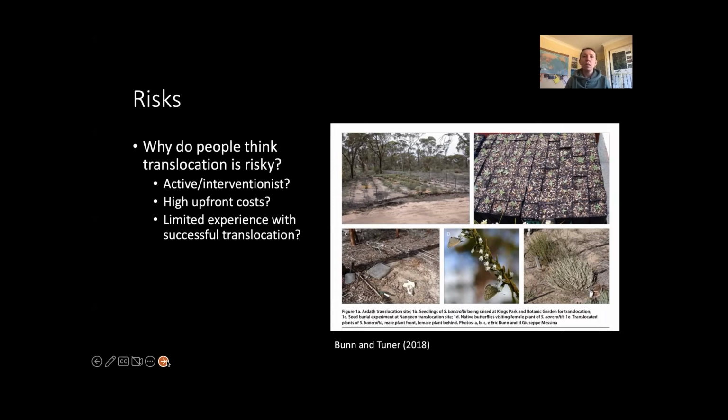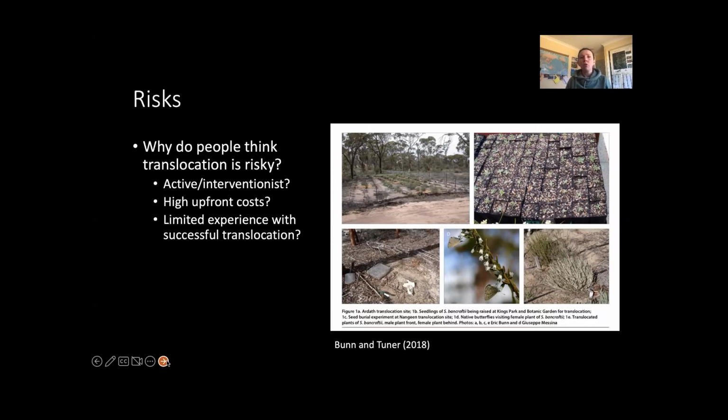And I will note here that at the time of this research, the Royal Botanic Gardens and Domain Trust in Sydney did have a framework for estimating costs. And of course, growing things such as orchids, which have complex germination requirements, were much more expensive than growing things that were simpler to grow, like an acacia. So this comes into the high variability, but overall, the upfront costs were high in terms of growing the plants and establishing the sites, with generally lower costs through time with site maintenance if the sites are established well.